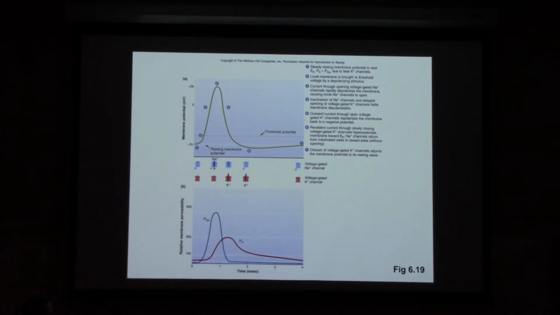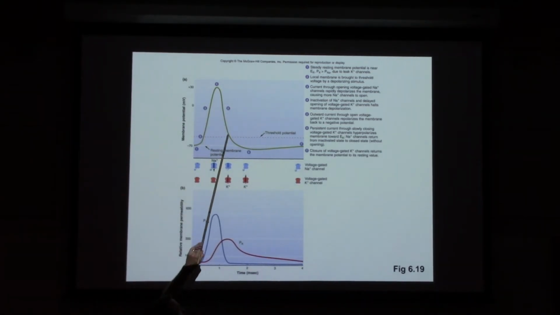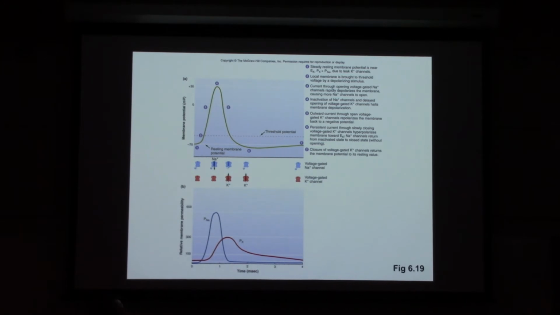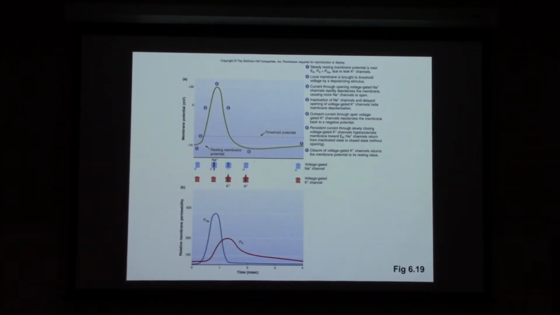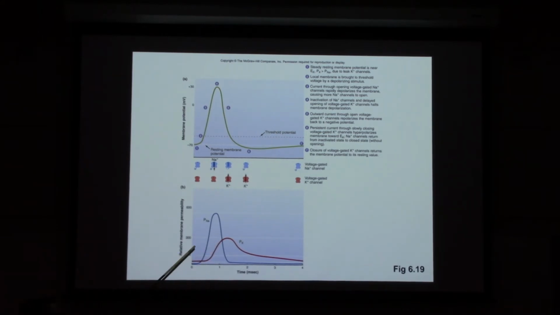Over time, right? So we've got the resting phase, goes to threshold, rising phase, falling phase, hyperpolarization, back to resting. Down here, what I like about this one is it shows the membrane permeability for the two ions involved over time, synchronized with that membrane potential curve. The blue line represents the change in membrane permeability to sodium. The red line, the change in membrane permeability to potassium.